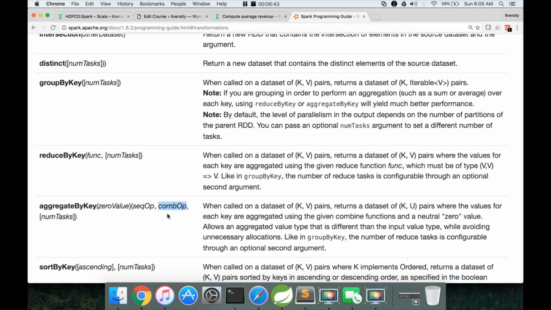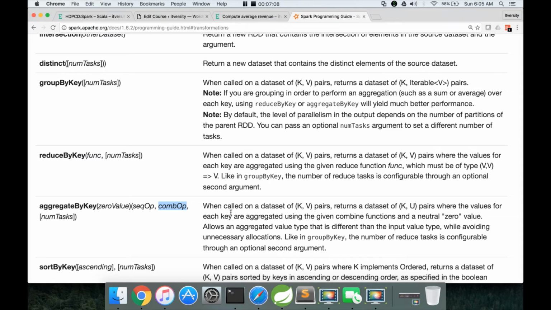Typically when the results are additive, then we will use the combiner as well as reducer. We should be able to compute the final results with the intermediate values, and if the logic to compute the intermediate values is a little bit different from computing the final values, then we have to use aggregate